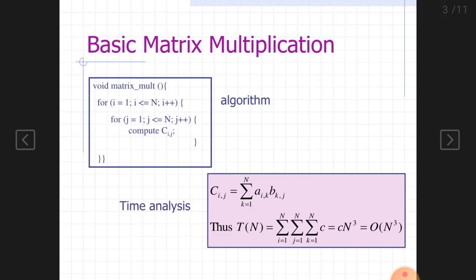Now that is the algorithm for that, and if you find the number of comparisons, there are 3 loops required, one for m, another for n, and a third for x. So 3 loops you require. So the number of comparisons should be n to the power 3, so the order of complexity will be n cube.